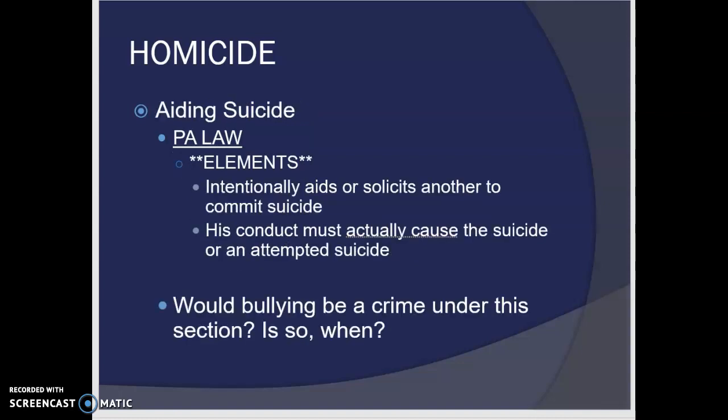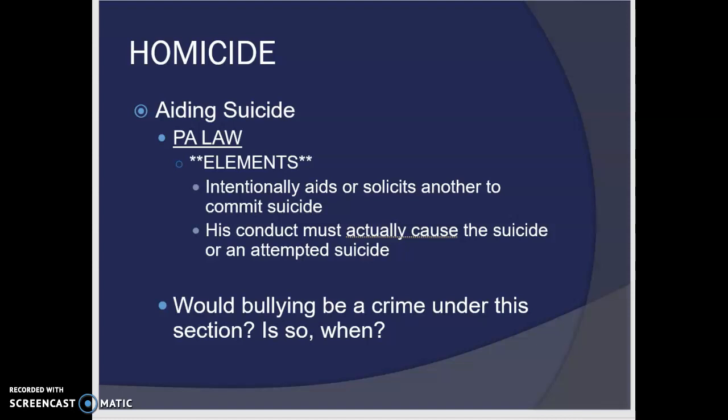Aiding suicide is a little bit different. Aiding suicide is when you have someone that intentionally aids or solicits another to commit suicide, and the conduct must actually cause the suicide or an attempted suicide. And this we sort of see evolving in the area of bullying. And there was a case not that long ago, and I should have looked it up before I started this